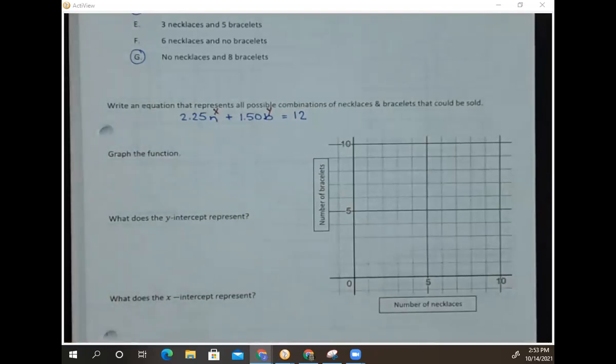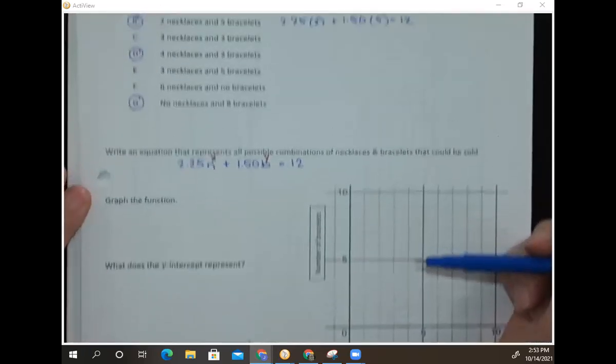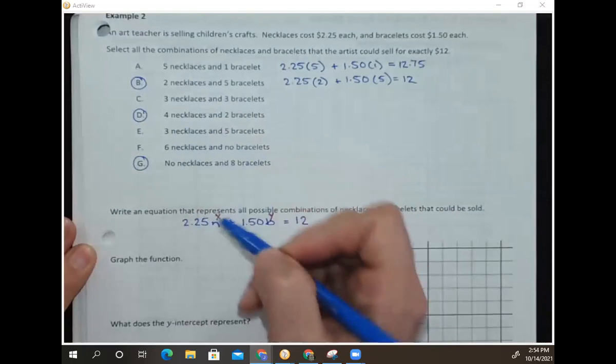Now, we said earlier that there's no slope in what I've gotten so far. There's not a particular point in the information I was given that I used to write this equation, which means there's no slope and no point represented in this equation as it stands right now. Without a point and without a slope, graphing's a little tricky because those are the things that we've used to graph so far, right? We've needed a point of some kind and a slope, and we don't have that here. Tomorrow, we're going to talk more about how to graph from standard form, just using what we're given in the equation. But for today, I want you to notice that we know some values that should be on that line,